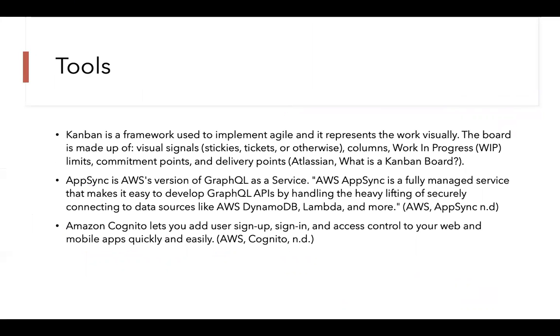Cognito lets you add users, sign in, sign up, and just the registration process. It offers all of those tools out of the box. You can create a user pool, and it manages depending on what you set up. You can add password policies and what fields to require the user for registration.